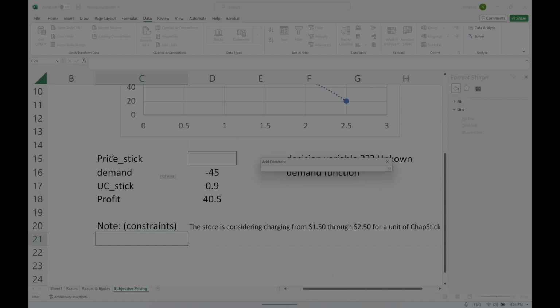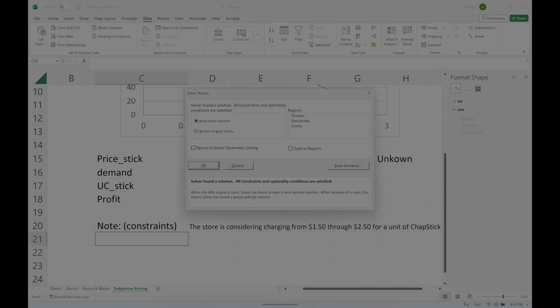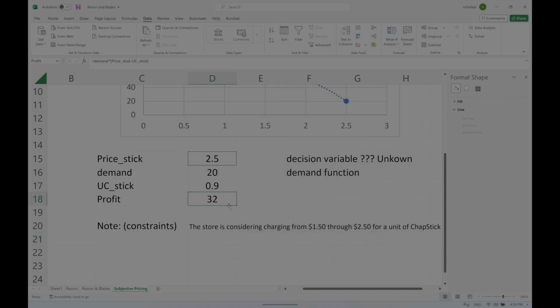And also again, we need this price to be constrained to be greater than or equal to 2.5. So we have 2.5. And then we hit OK. And now we can solve. And when we solve, we're going to get 32 in terms of profit. So if we charge 2.5, we're going to get the 32 profit by selling